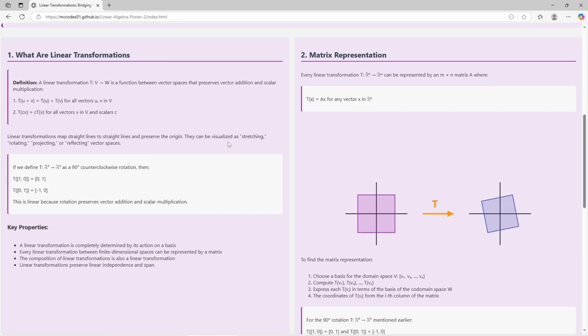So, what are linear transformations? They're really just a special kind of function that maintains proportions and preserves structure. Now, when I say preserves their structure, I really mean two things. If you add two vectors, then transform them, it's the same result as transforming them and then adding them. And that's the same if you scale them, right? Whether you make it bigger or smaller, then transform it, it's going to be the same as transforming it, then making it